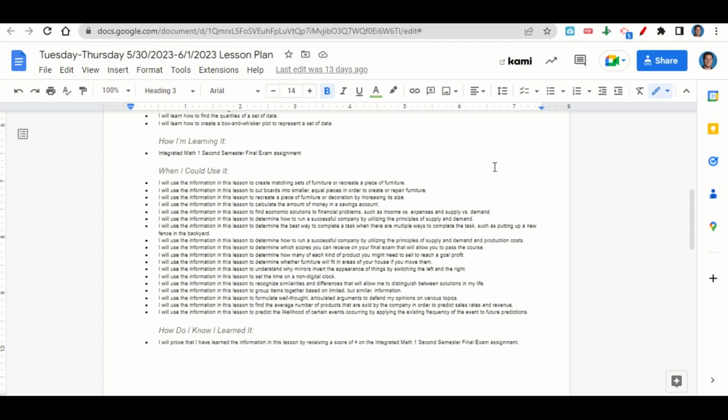such as putting together a new fence in a backyard, to determine how to run a successful company by utilizing the principles of supply and demand and production costs, to determine which scores you can receive on your final exam that will allow you to pass the course, to determine how many of each kind of product you might need to sell to reach a goal of profit, to determine whether furniture will fit in areas of your house if you move them, to understand why mirrors invert the appearance of things by switching the left and the right, to